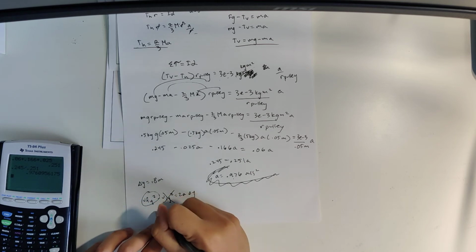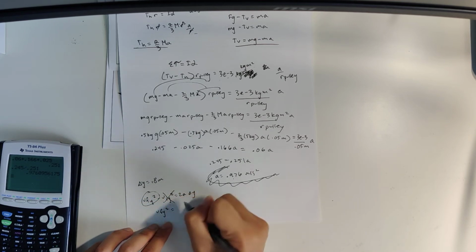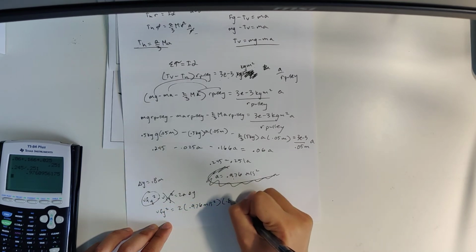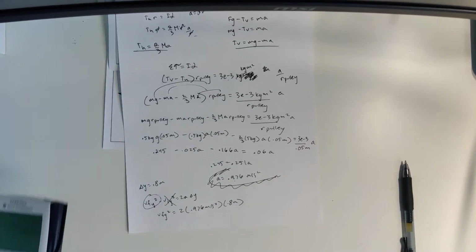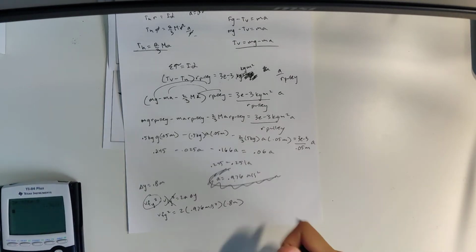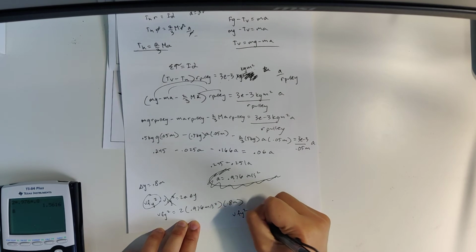So let's plug it all in. VFy squared equals 2, your a is 0.976 meters per second squared, y is 0.8 meters. So 2 times 0.976 times 0.8. VFy squared equals